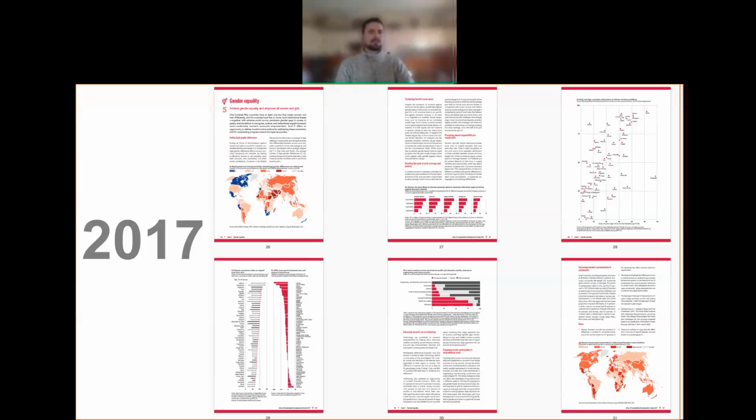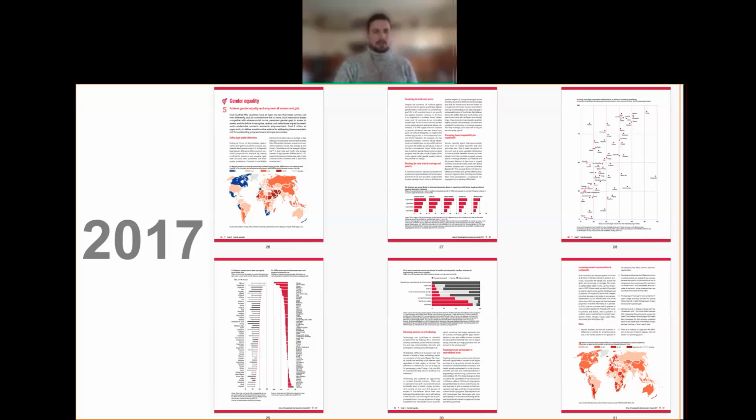This is the 2017 Atlas, and you can see an overview of the different pages of the report. So you see already that there are quite a lot of charts, right? There is mostly a balance of 50-50% between the visuals that are presented and the text. So this is not only text. The text is here in support of the visuals, and the visuals are fairly front and center here in the